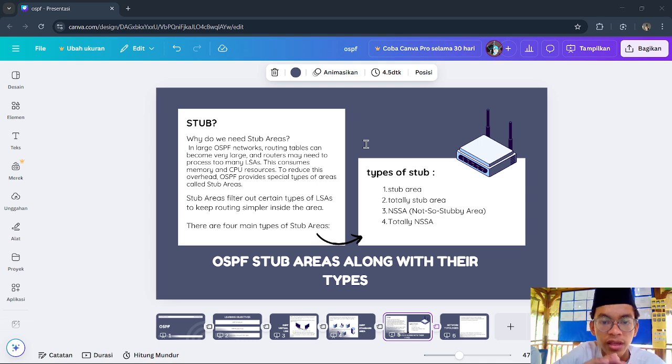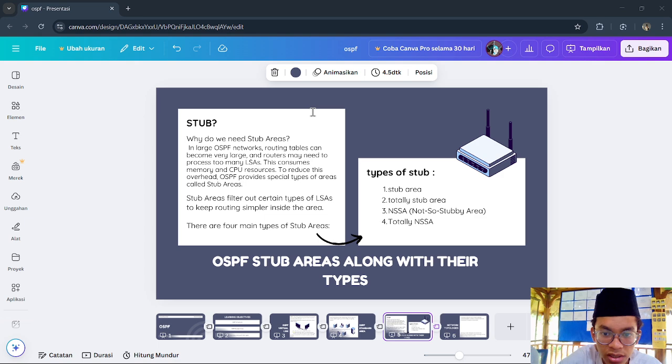We use a virtual link when an area is not directly connected to the backbone and must be connected to it logically. We use the term standard area when an area is connected normally to area 0 and carries all LSAs without restriction. We use stub areas and their variations when we want to simplify the routing table and reduce unnecessary information inside an area.